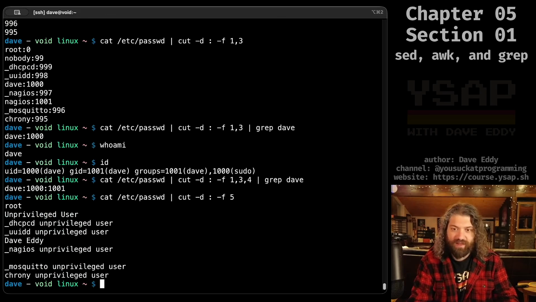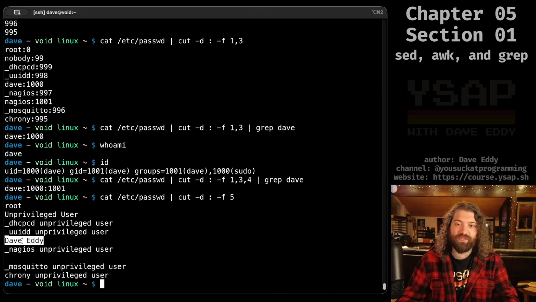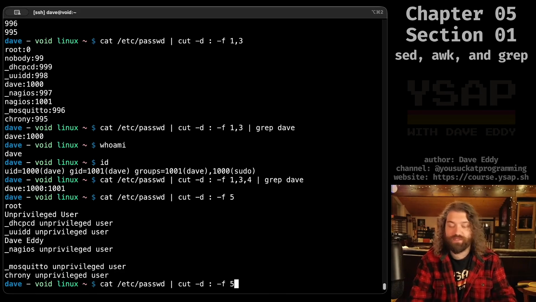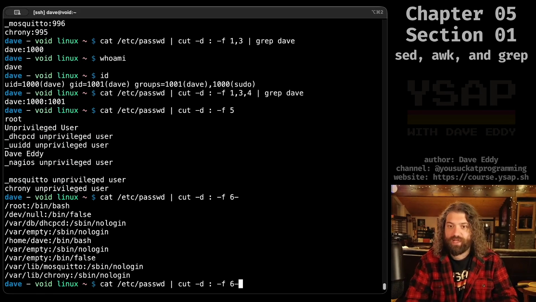What else was there? There was 5. Was 5 a comment? Yeah, 5 is a comment that's optional. As you can see, it has my full name here. That's awesome. This is just a human readable string. So I could look at this as a system administrator and try to understand. I could put a useful note for myself, like what this user is for. 6 should be the